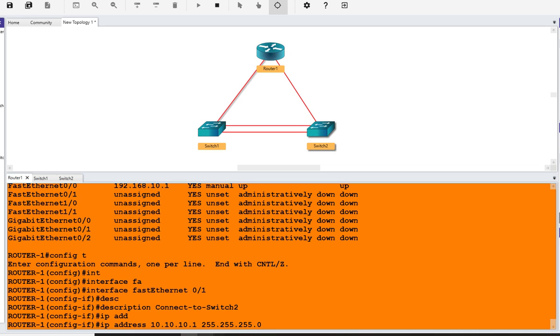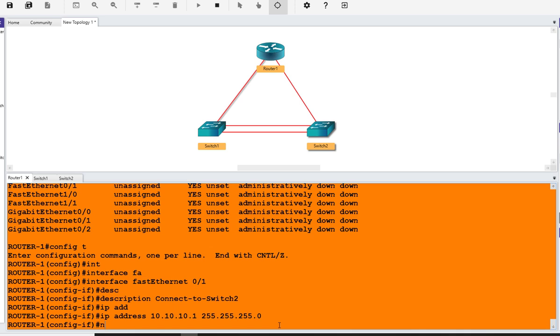These subnet masks tell you how many users or the size of the IP subnet. The other one was 255.255.255.252. This one is 255.255.255.0. So we're going to press enter here, and then we're going to do the no shutdown